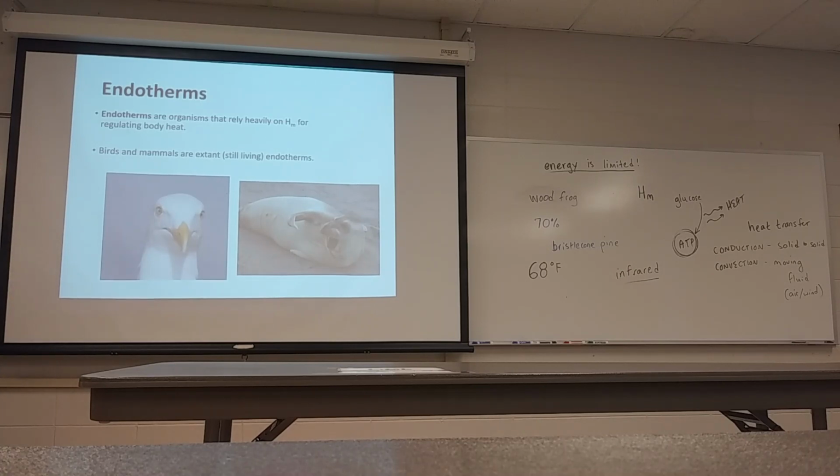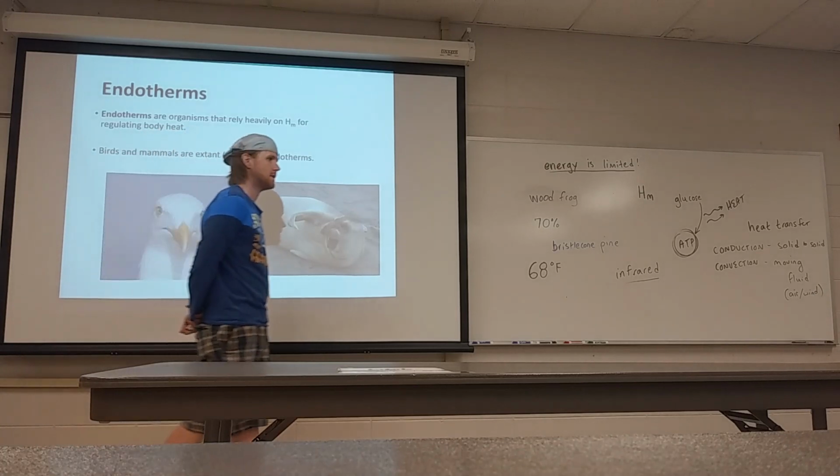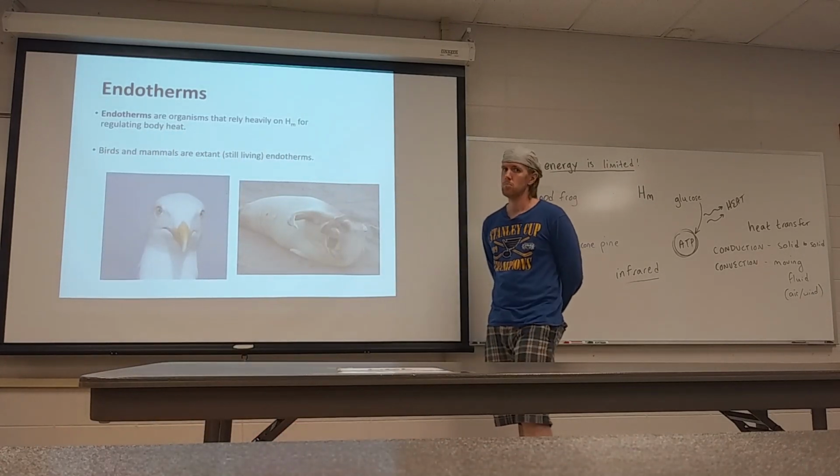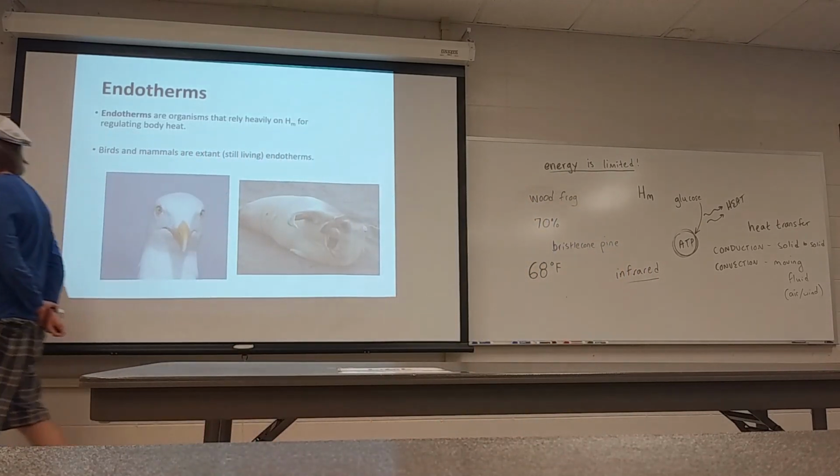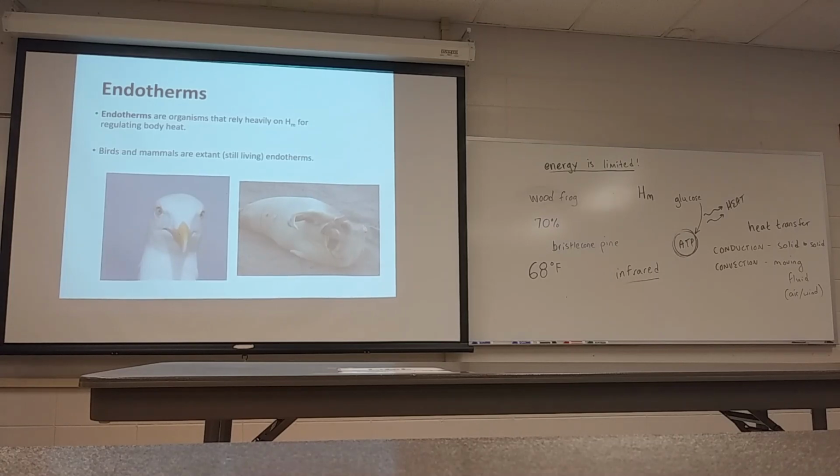It's also no coincidence then that birds and mammals are the two groups that are still active during the winter time, because even though it's cold, many species of bird and mammal are able to maintain their body heat despite frigid outdoor temperatures. And different species have different methods of dealing with that, which we'll look at some of those shortly. But birds and mammals are endotherms. They regulate their heat through their metabolism. This also means they have to eat a lot more than other animal species, because you need a lot of food to get that heat burning, right?